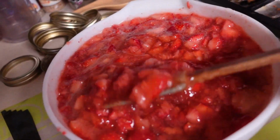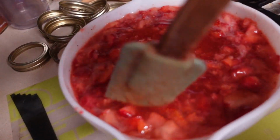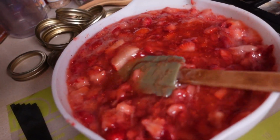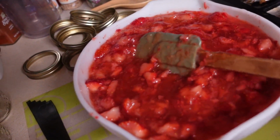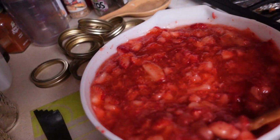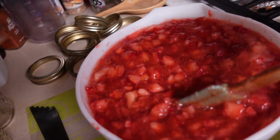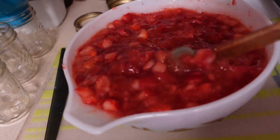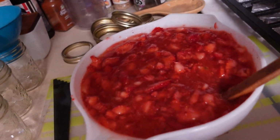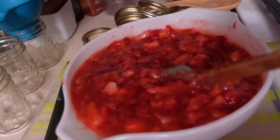Actually, it's not a bad recipe for someone that doesn't have a canner. I have read, and my plan is to get the Presto 23 quart pressure canner, and I believe I have a glass lid that will also fit it, or I will find one that I can use the Presto for water bath as well, so then I can still do those double rack canning stuff. And I think down the road I may look into a steam canner, but at the moment I'm going to stick with